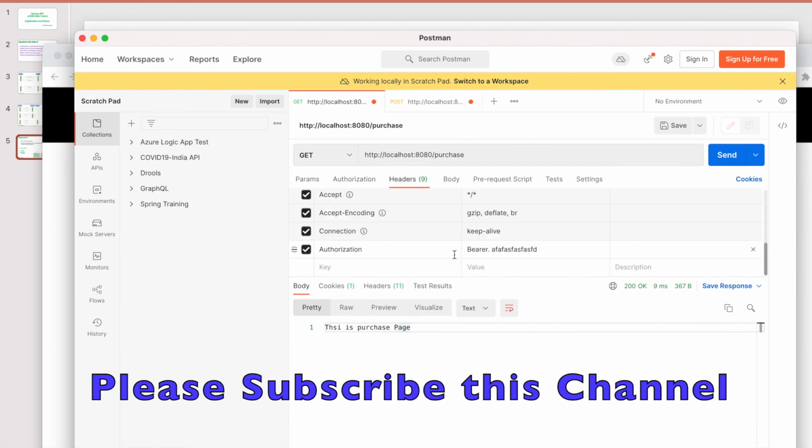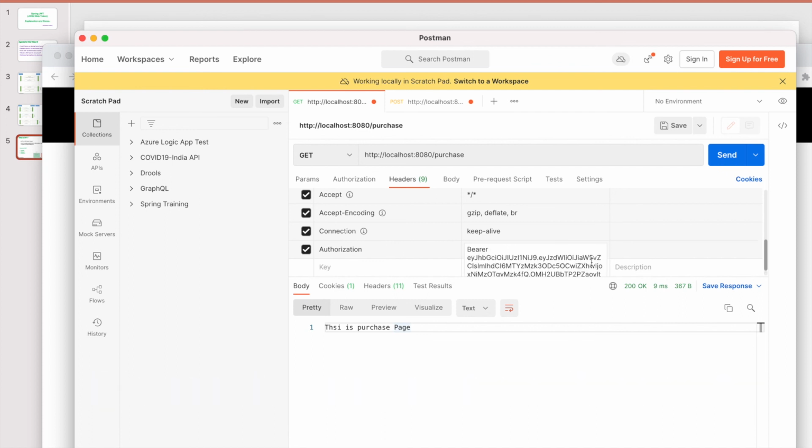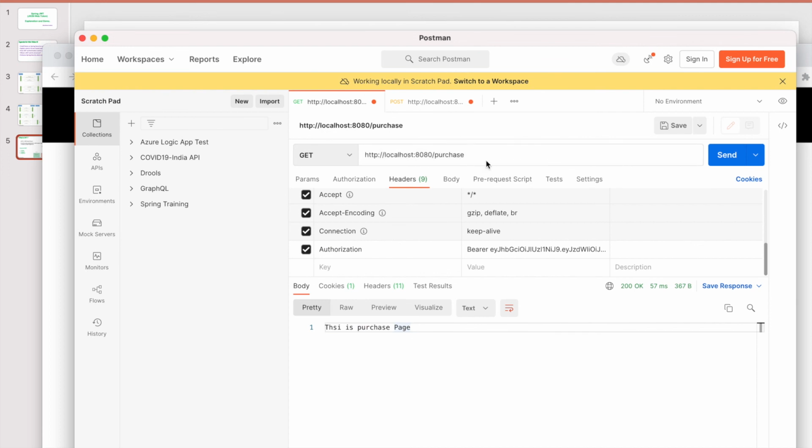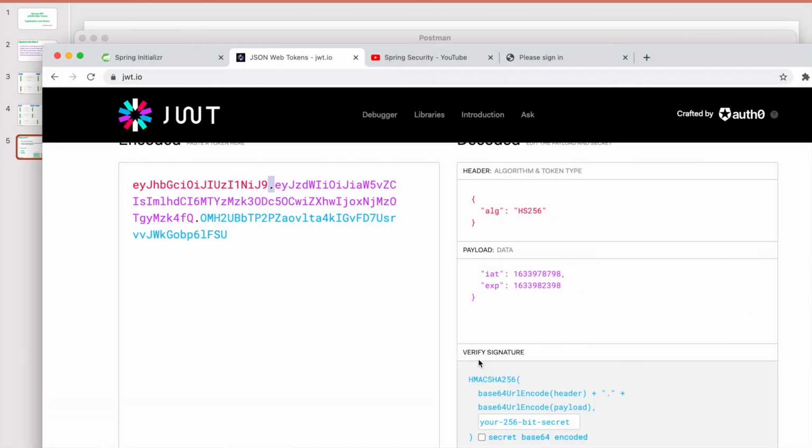And here in the header, after Bearer you have to pass the token. Now hit, it's working fine. So with this call I got the validation token, the JWT token, and in this call we are passing the token. You can give anything, and here you can pass this thing, it is working fine. So this is the overall thing.